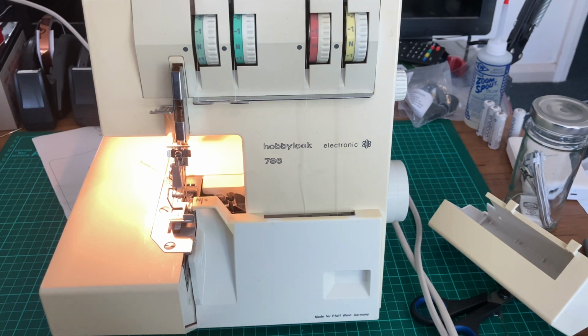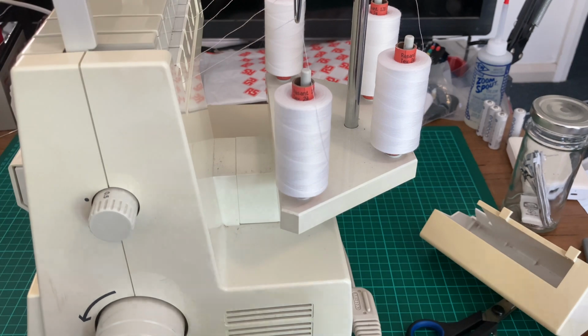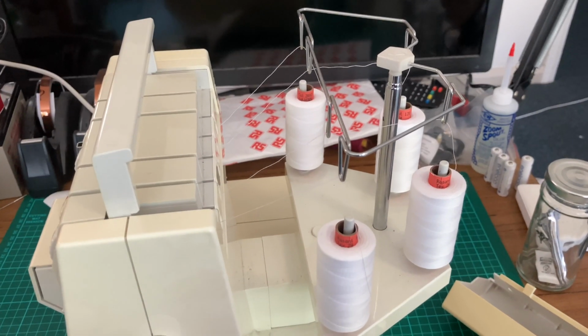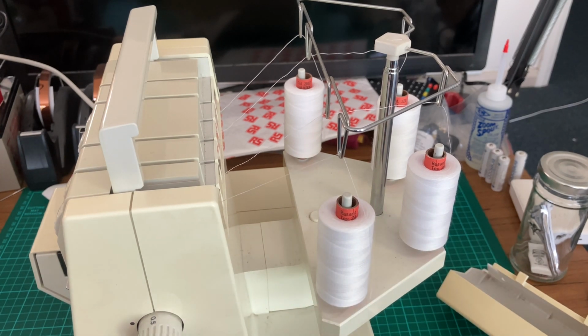That is a video I've had plans for a long time. And here's the trick. See, I didn't want this all bunched up. See how it's all nice and neatly pulled through? I mean, you could pull these up, wind them up a bit, but